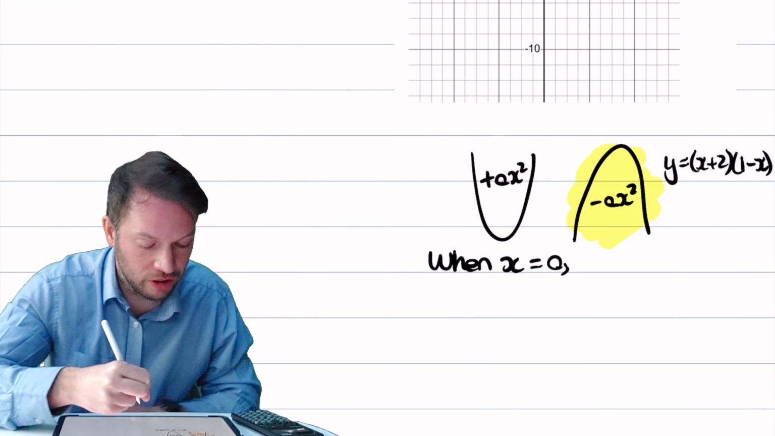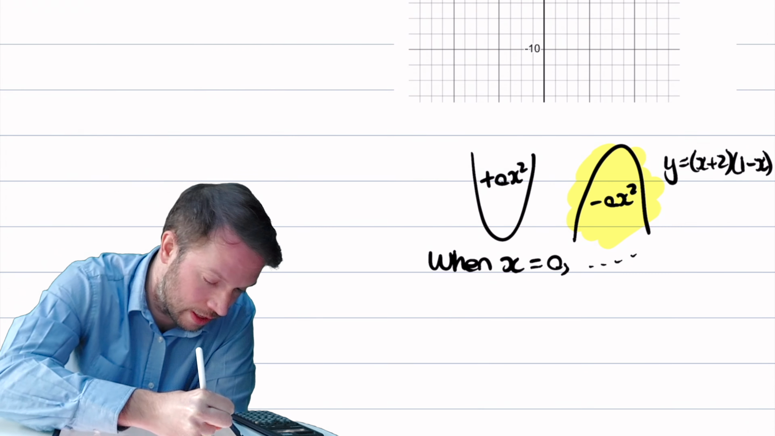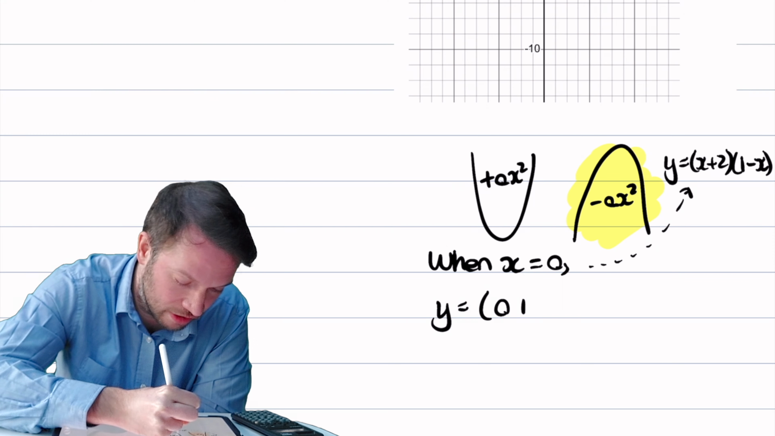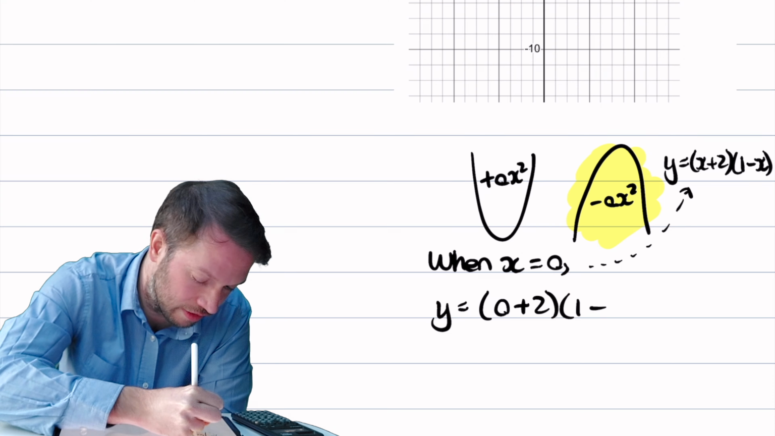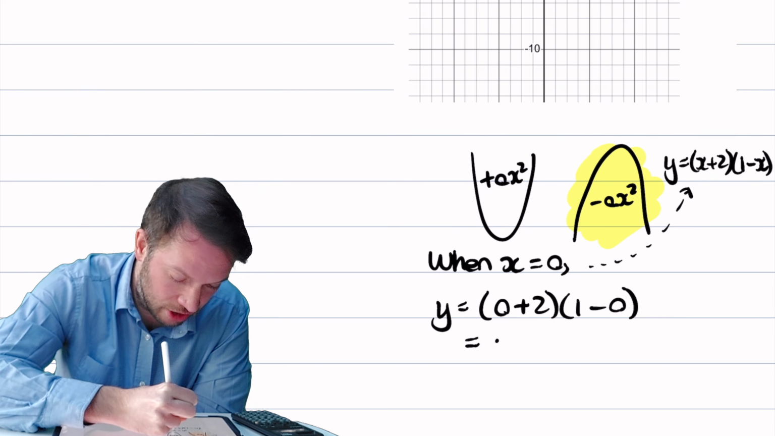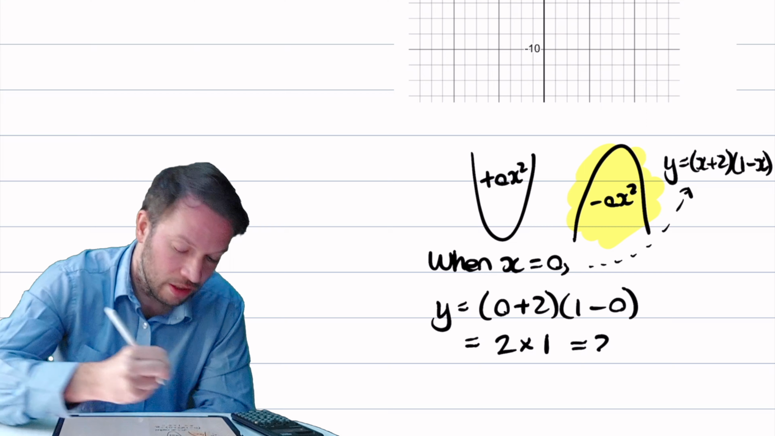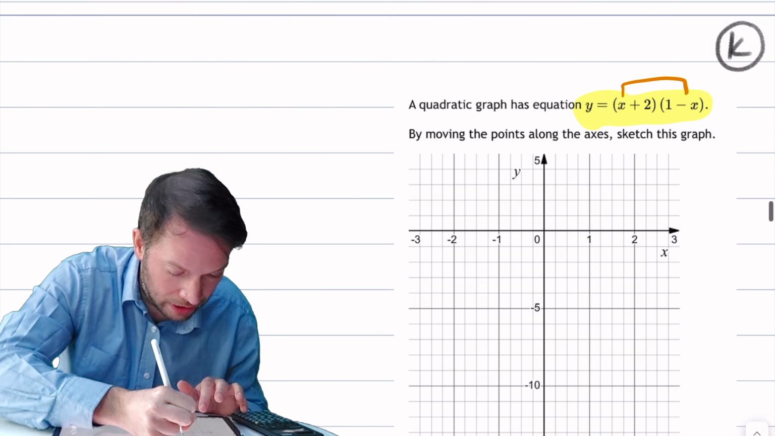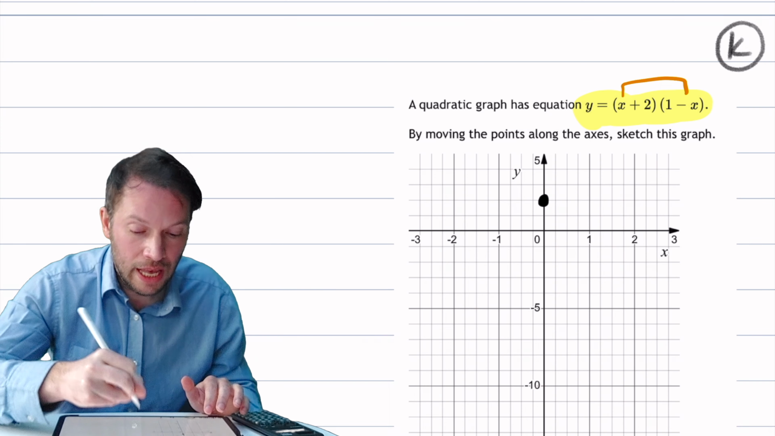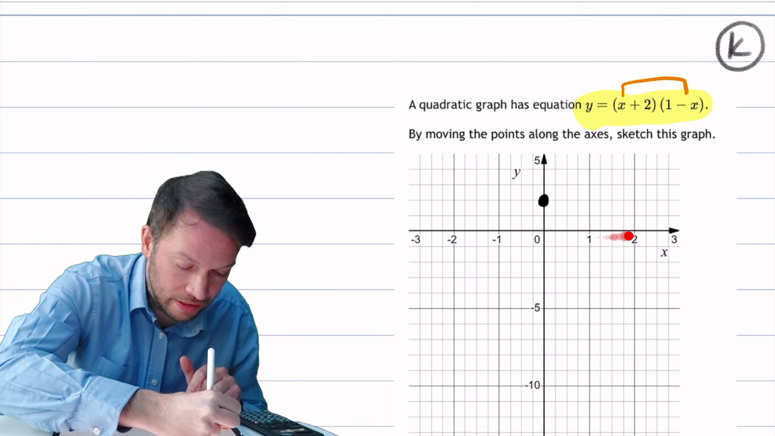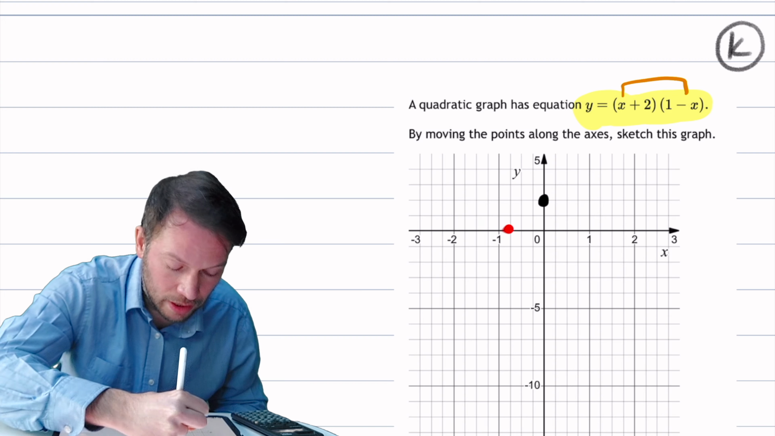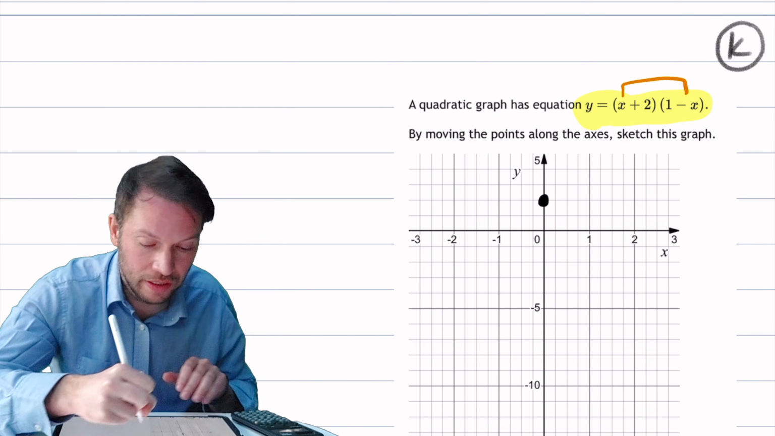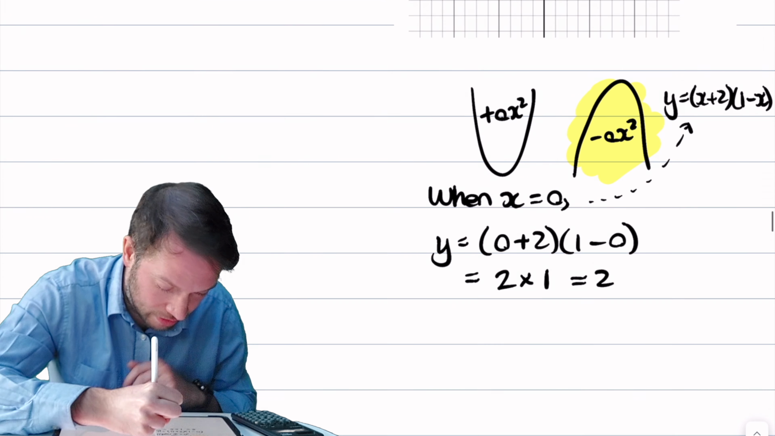If you substitute x is 0 into this, we get y equals 0 plus 2 times 1 minus 0. That's 2 times 1, which is 2. So when x is 0, y is 2. Let's plot 0, 2. That's going to be here. That's the y-intercept. And when it cuts the x-axis, at any point on the x-axis, the y value is 0. So if we make y 0 this time,